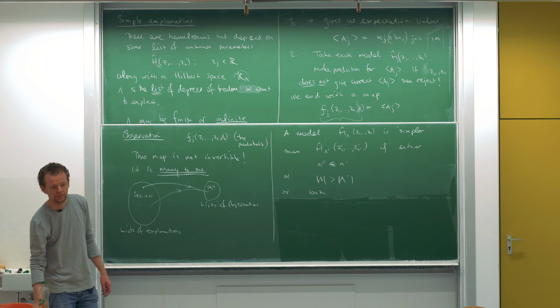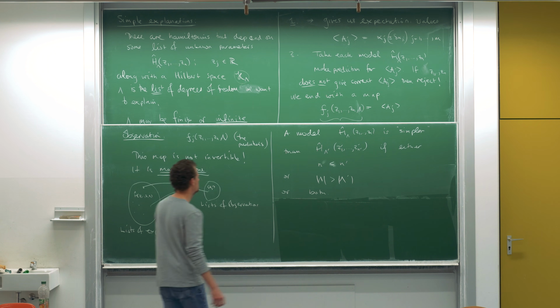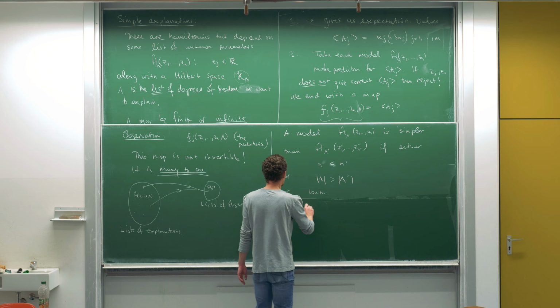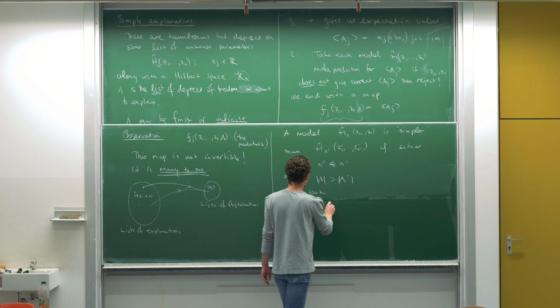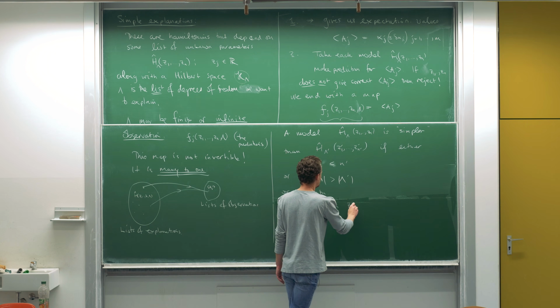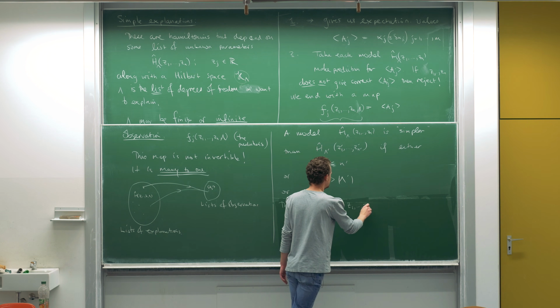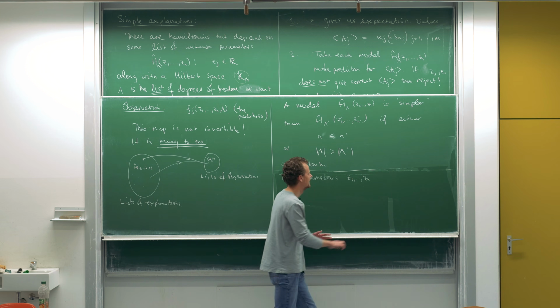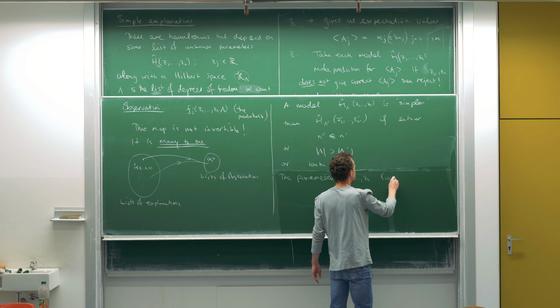And it has to do with how we interpret these parameters. So the parameters Z1 through Zn, otherwise known as coupling constants,